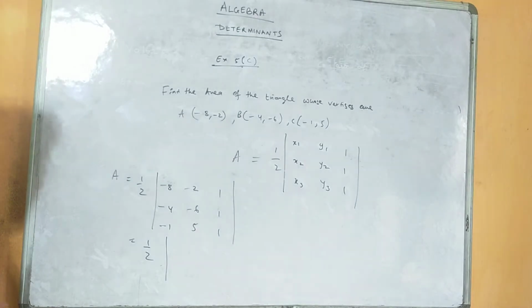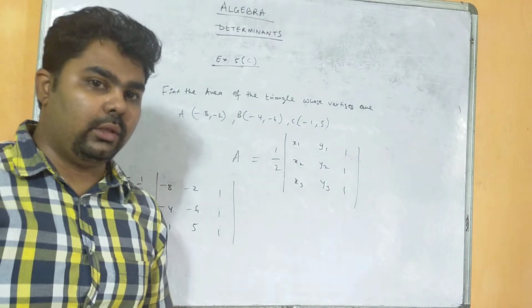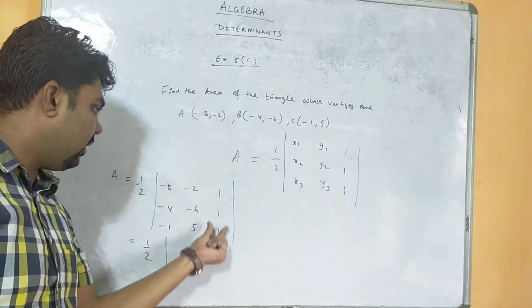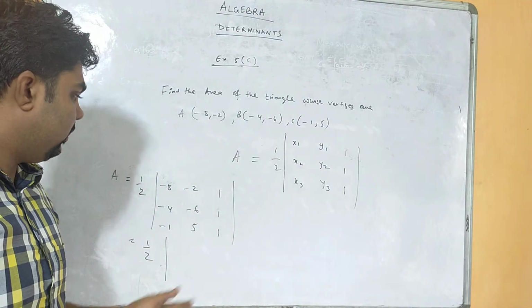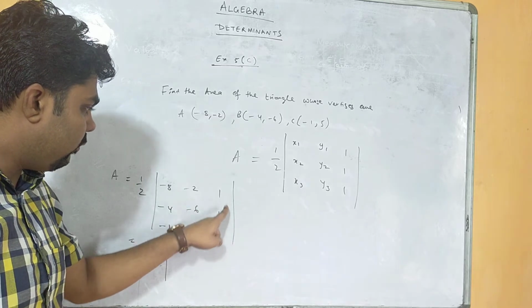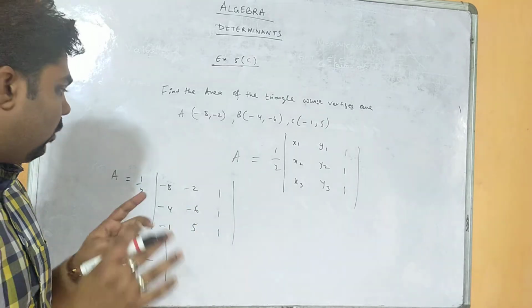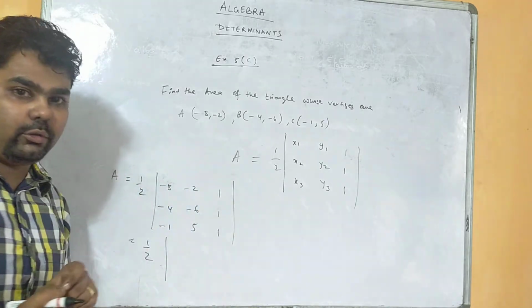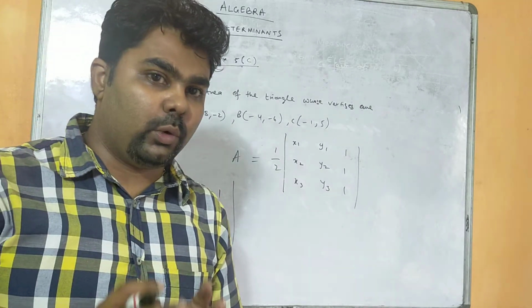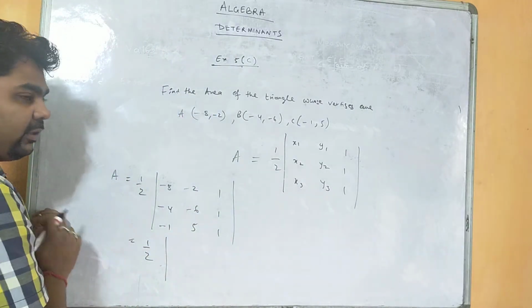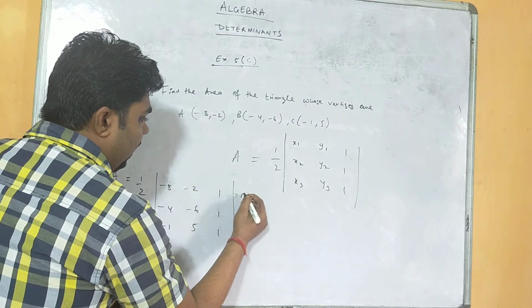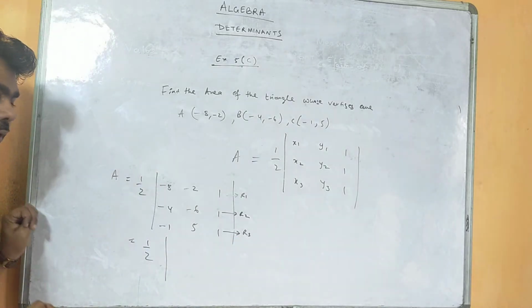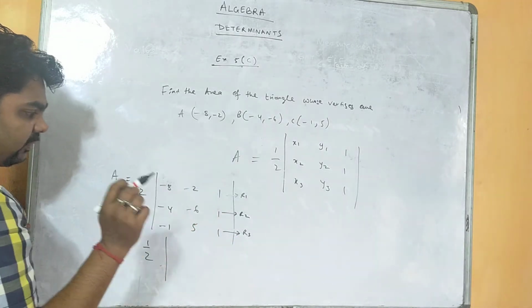Now, in order to get the value of this determinant, we use a few operations. What type of operations do we use? If all the elements are non-zero, then we have to find the value for each and every element, like how we expanded in our previous question. We can expand row-wise also, column-wise also. But to make it easy, we will use certain operations. This is R1, this is R2, and this is R3.